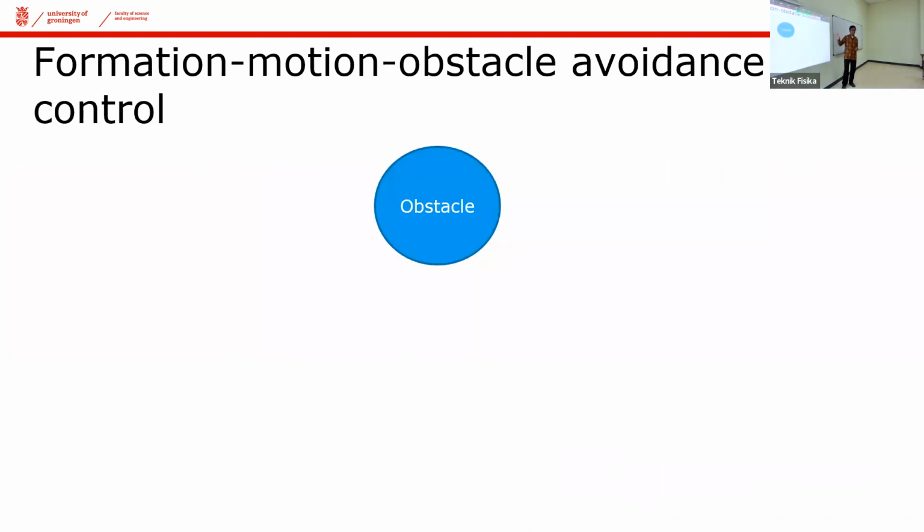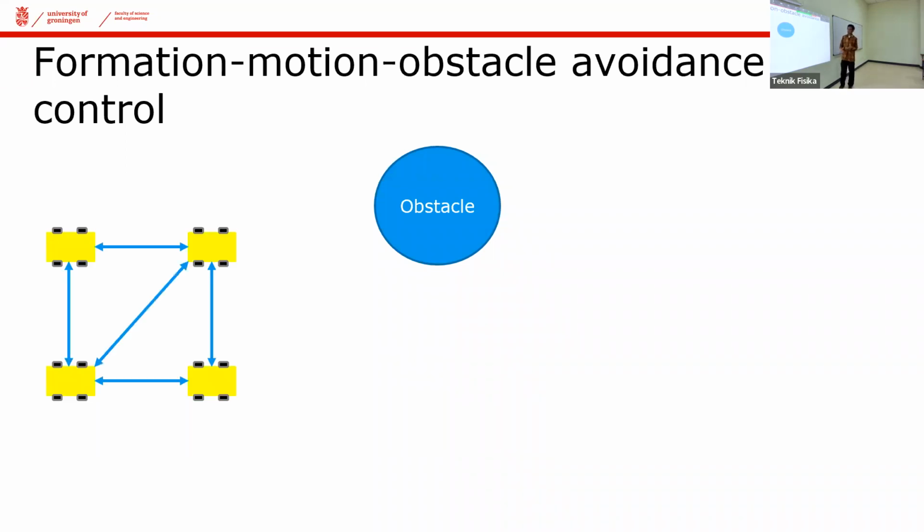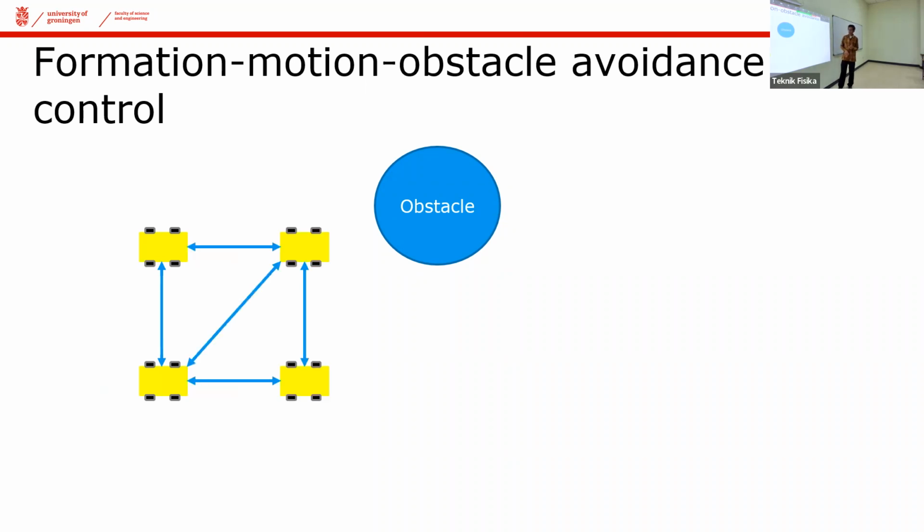Another problem that we try to investigate: not only formations, not only motions, but also distributed obstacle avoidance in a group way. We would like to do that in a cooperative way. How do we do that? When we take a look at the picture on the left, we assume that we are able to do formations and motions properly. But now you can imagine that one of the agents detects an obstacle. In this case, the robot on the top right detects the obstacle, but the other agents do not know about it.